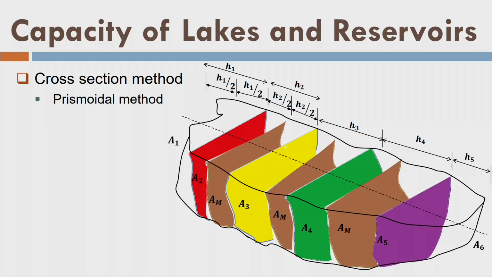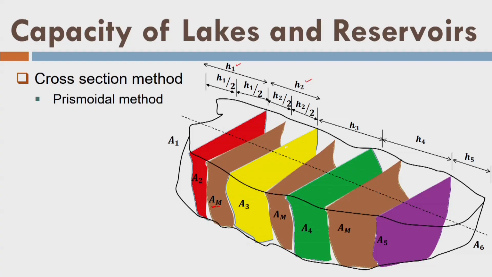In cross section method, again we have the prismoidal method. Well, so here we are saying that again this arrangement of the sections is the same. Okay. So, let us see, this is my H1 section which I measured in the field, this is my H2 section which is nothing but the distance between A2 and A3 here, fine, and this is my AM here. AM means the middle area that I determined between A2 and A3 by some interpolation scheme. Okay. Interpolation could be, let us say, the average, or it could be some different value. That means it depends on your interpolation scheme.